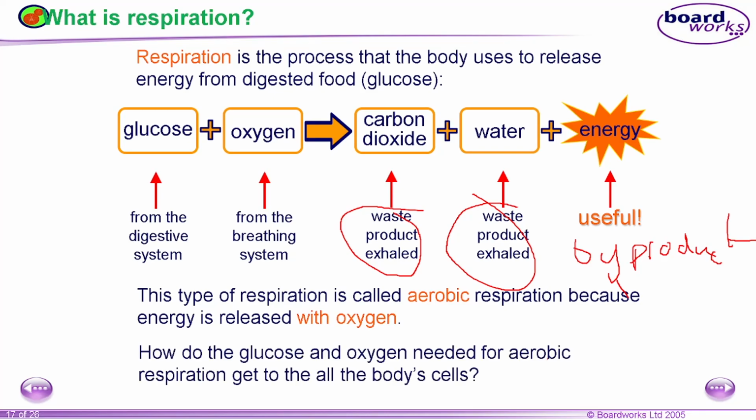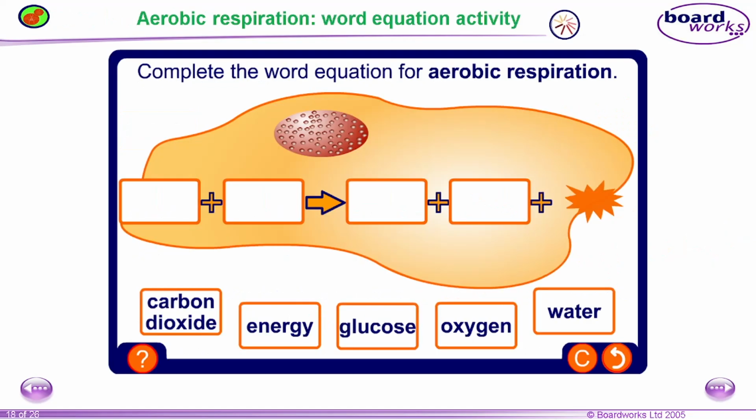So how do the glucose and oxygen needed for aerobic respiration get to all the body cells? Complete the word equation for aerobic respiration. Cover up your previous word equation and write it down in your notebook. As you know, aerobic respiration utilizes oxygen. A byproduct, as I mentioned, is energy. It also utilizes glucose, releasing carbon dioxide